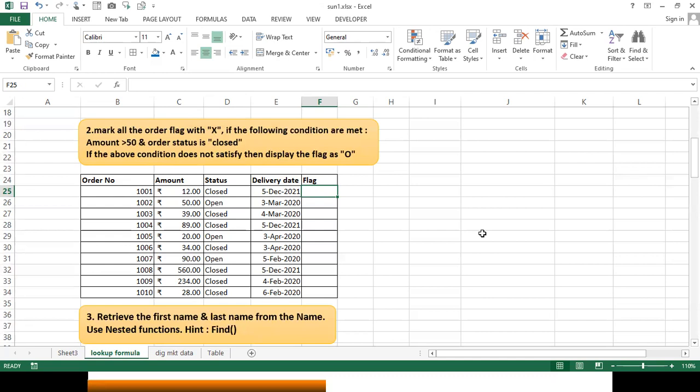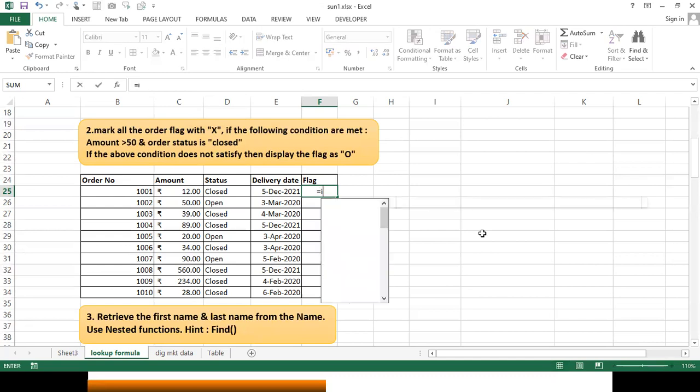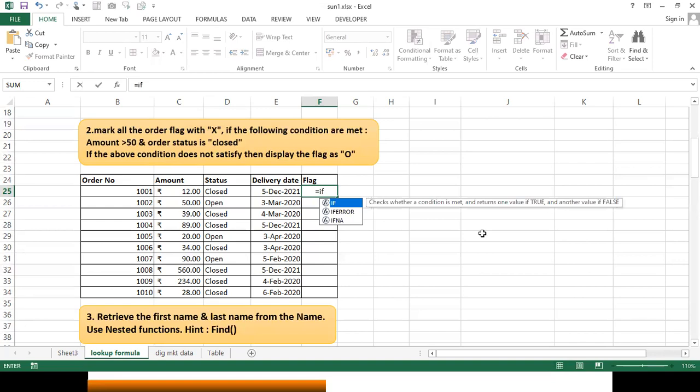Okay, so how to do this? Equals to IF. Two things need to be taken. One is amount should be more than 50. So there are two conditions. Whenever two conditions need to be matched, I will match this and that, so I'm going to take AND.